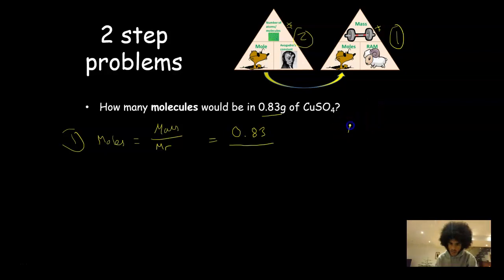So I think the MR is copper, which is 64, plus 32, plus 4 lots of 16, which is 64. So that'll be 160. Okay, so it'll be 0.83 divided by 160, and that will give you